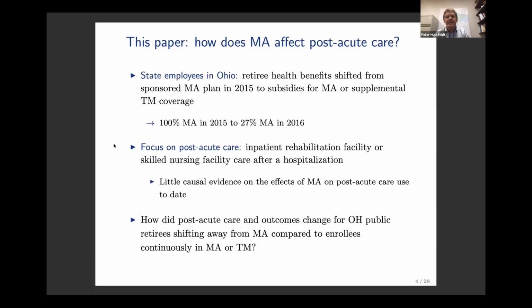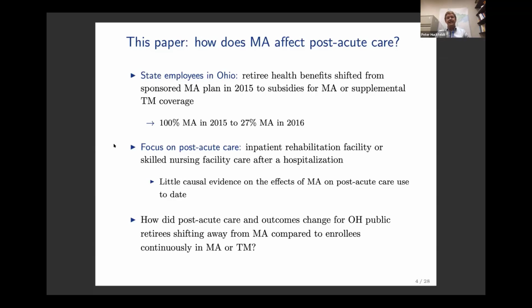But then in 2016, they shifted that benefit to be subsidies for retirees to choose a Medicare Advantage plan or a supplemental coverage for traditional Medicare